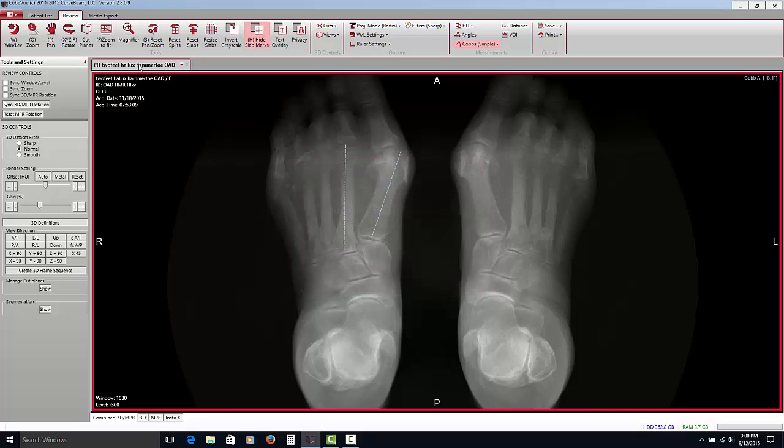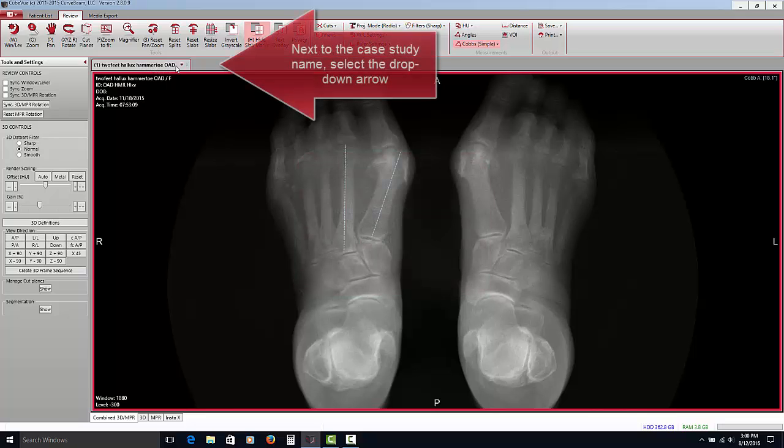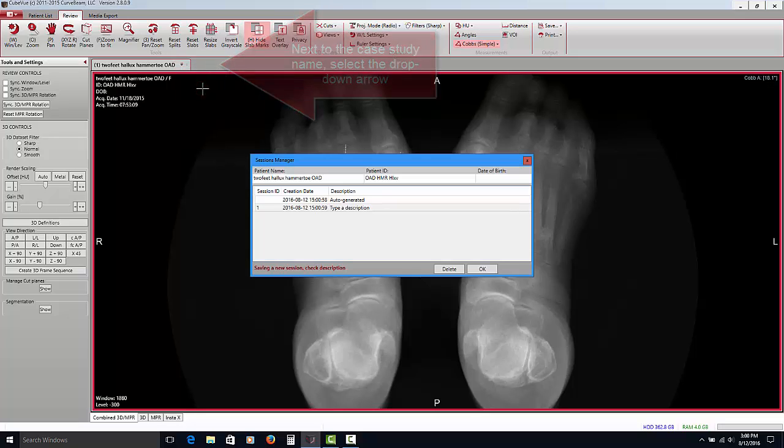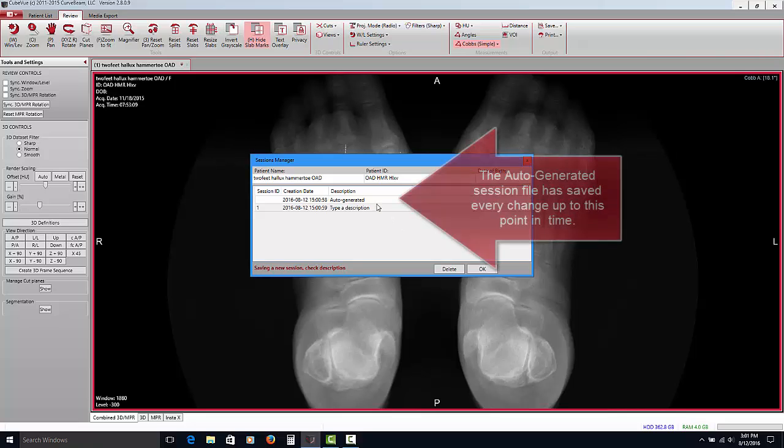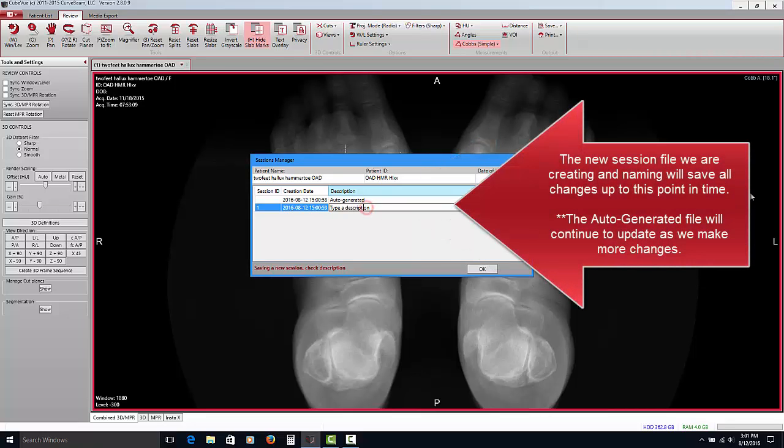Then going over to just to the right of where it gives our case name, there's a small drop-down menu. Clicking on that, I'm going to save this session and give it a name. Notice we have the auto-generated session. This has saved everything up to the current point, including the measurement we have made. I'm going to type a description here, and I'm going to call it